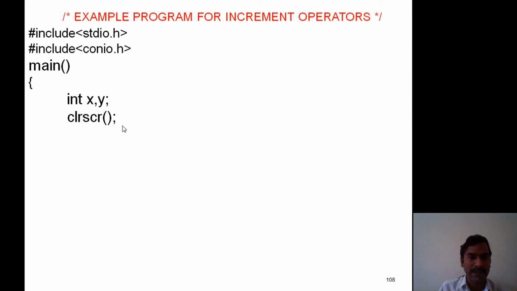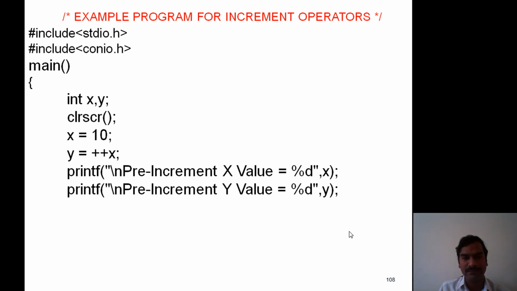clrscr is a library function. Now x equals 10. Now the variable x is initialized with 10. Now we are applying pre-increment operation like y = ++x. Now print x and y values.